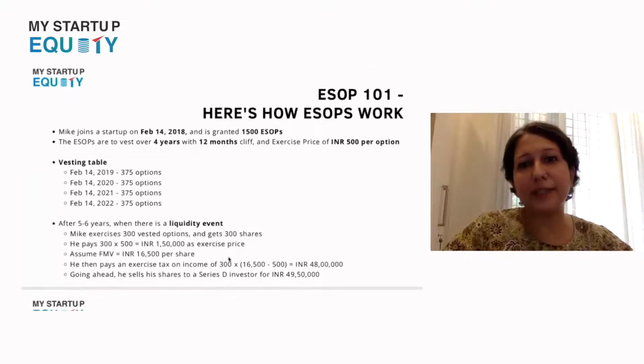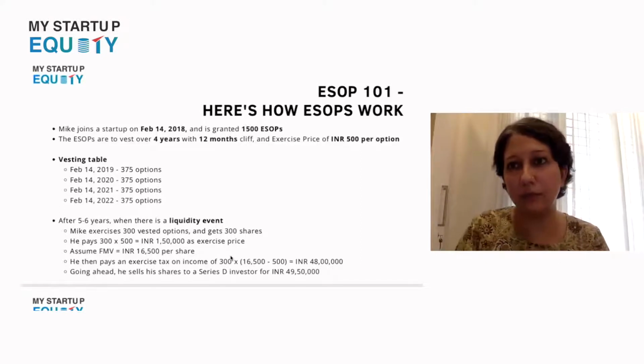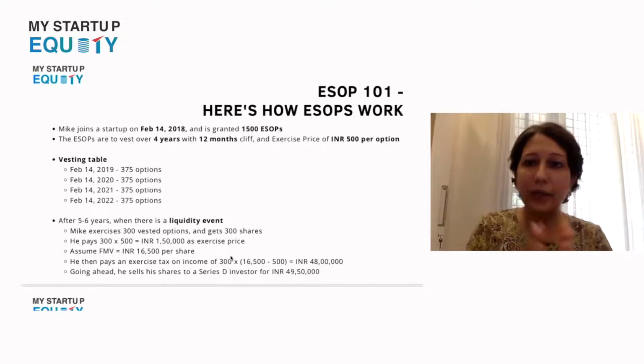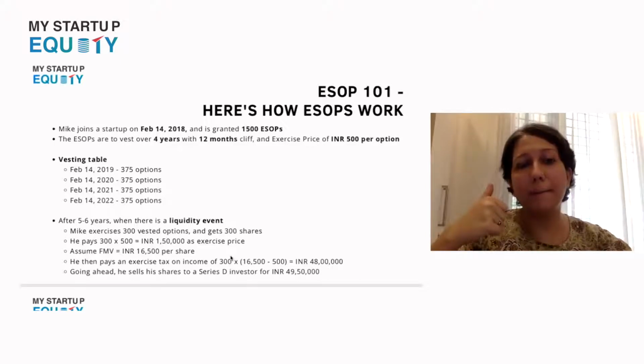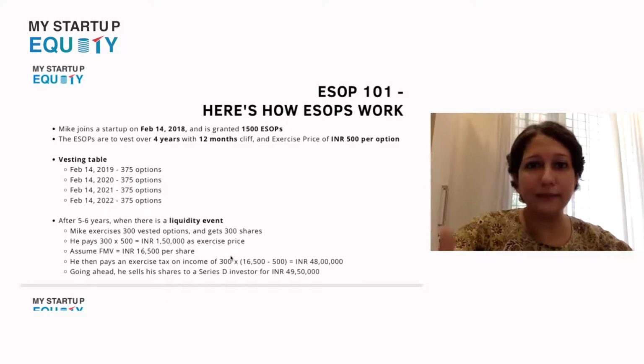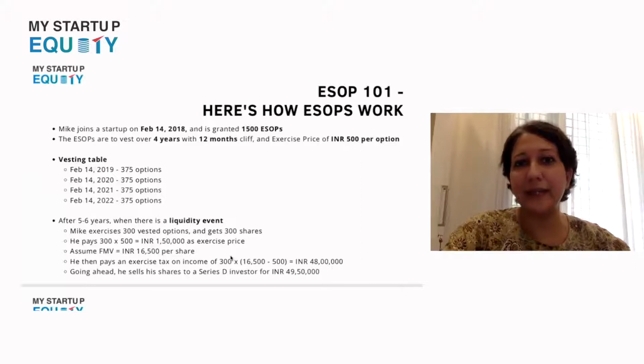So now let me actually take this example and explain how ESOPs work. You can all see my screen, so I'll just go through it systematically. You've found the right person to join as head of growth at your startup, Mike, for instance. His joining date is February 14, 2018, and you've granted him